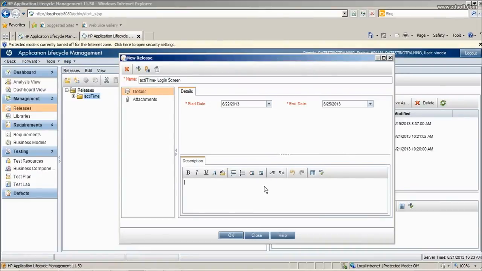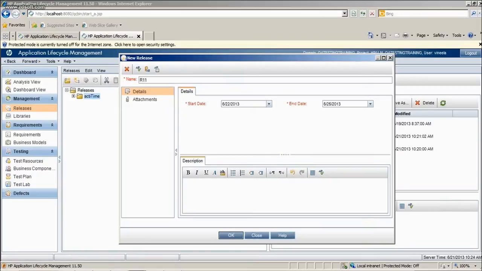Here you can pass the description for your release. You can give a name like R.1 or 0.1. Naming conventions in organizations will be like this only, R.1 or 0.1 or 1.1.